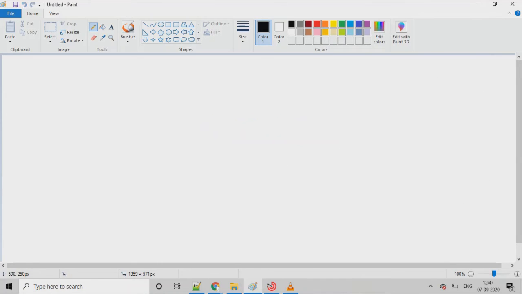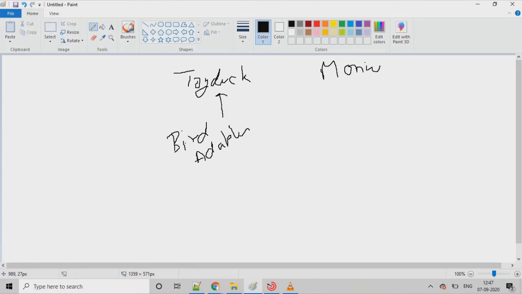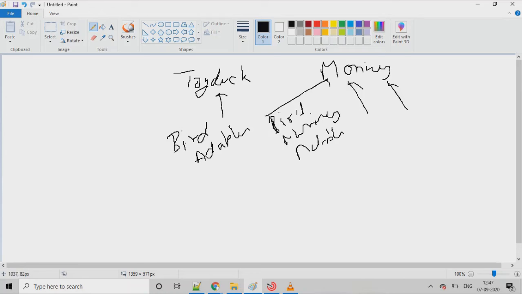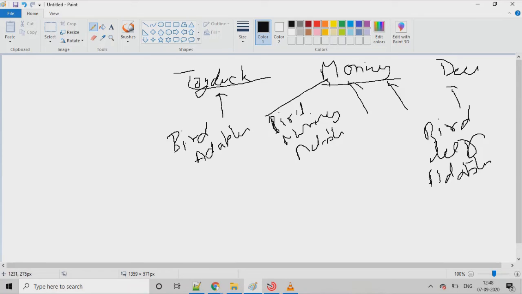Monkey, you can have the deer. Okay, bird, so there's another new breed which is the bird deer adapter. So you're making multiple interfaces, and the adoptee will be the bird only, or you can use another adoptee like bird or monkey or anything, right? So the client is not complicated by having to use different interfaces. The adapter can implement any of the interfaces, and it can have any adoptee.